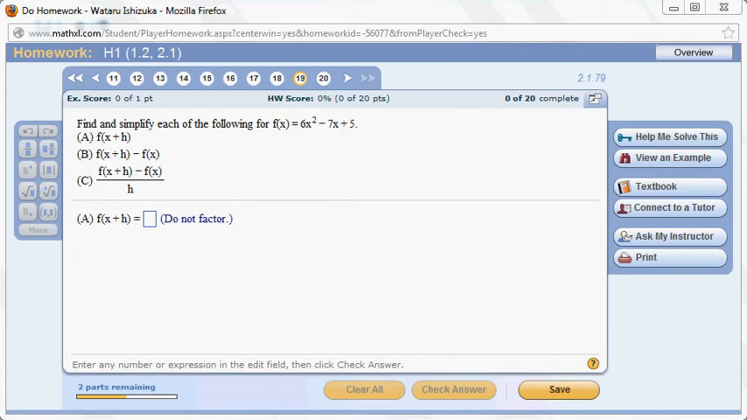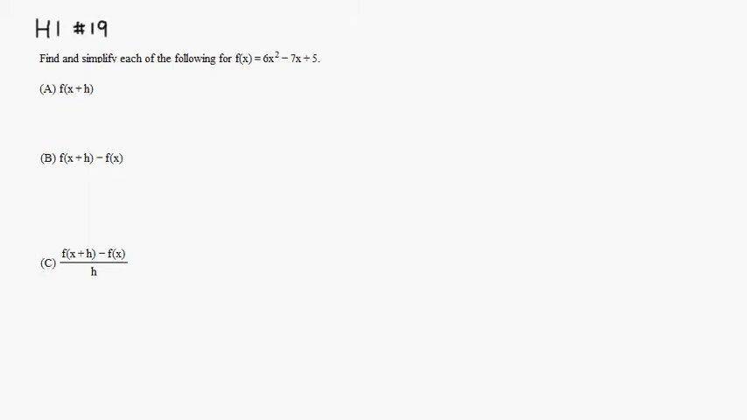Okay, let's look at homework 1, number 19. We have a quadratic function given, and we want to find these expressions. So let's do that. First, let's do part A, f of x plus h. Every time we see x, we put quantity x plus h. So this is going to be equal to,